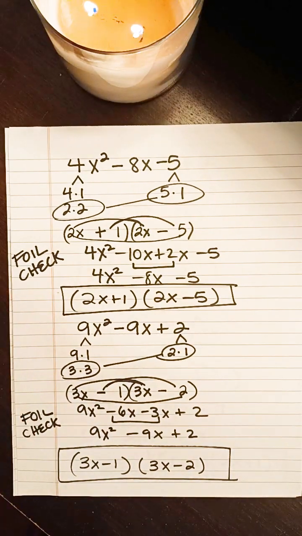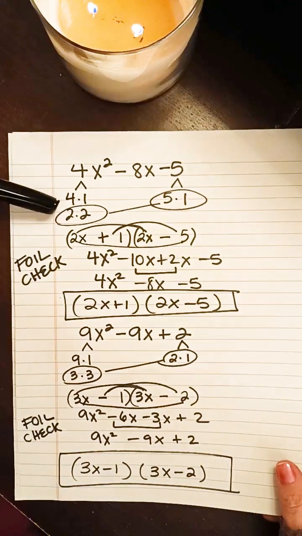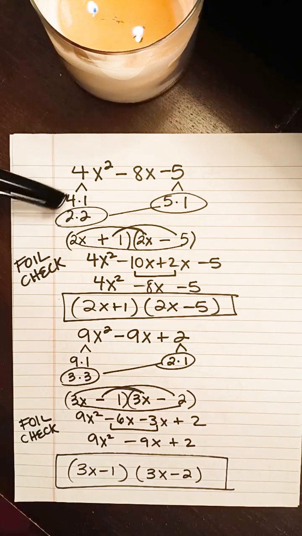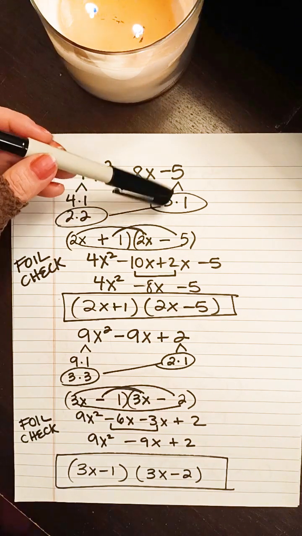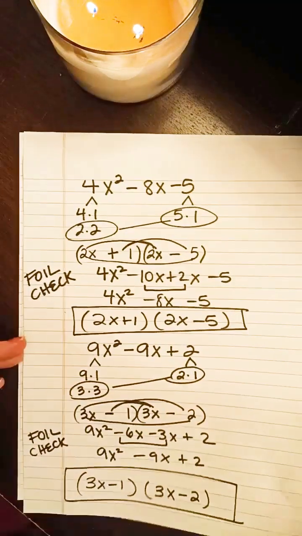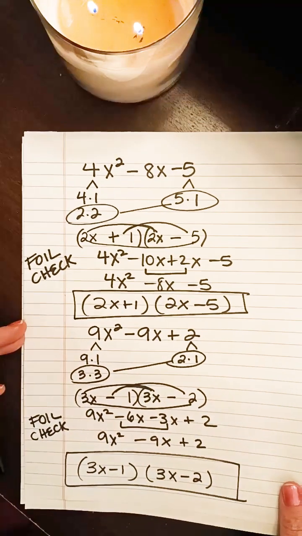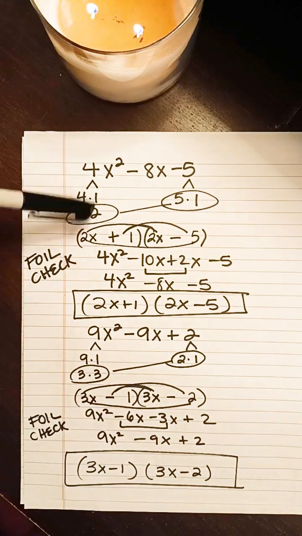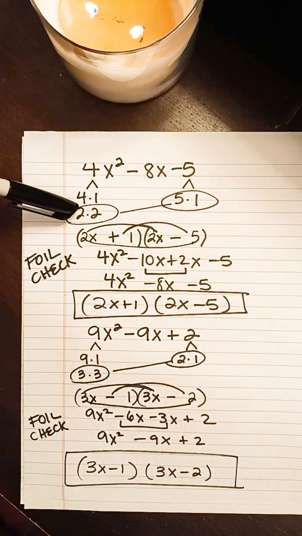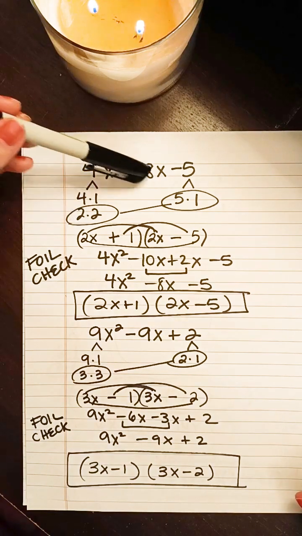So not too bad. You just find factors of your A term and factors of your C term and figure out which one of these is going to go with which one of these. We only have one pair here, but I'll have another video where there's more than one pair here, more than one pair here. Regardless, you match up one from here, one from here,